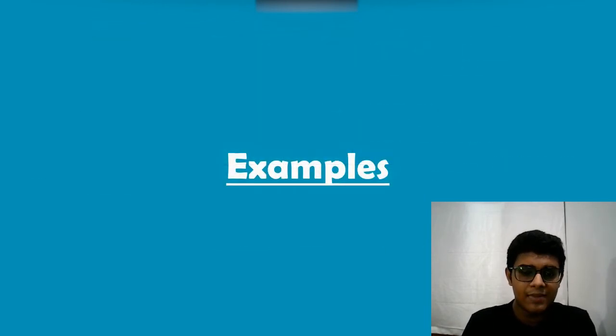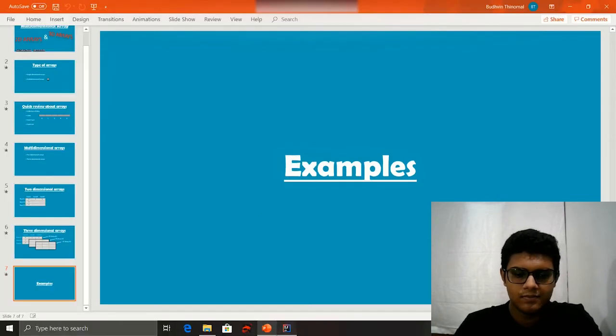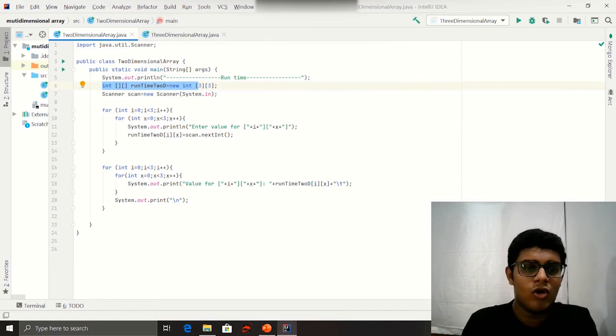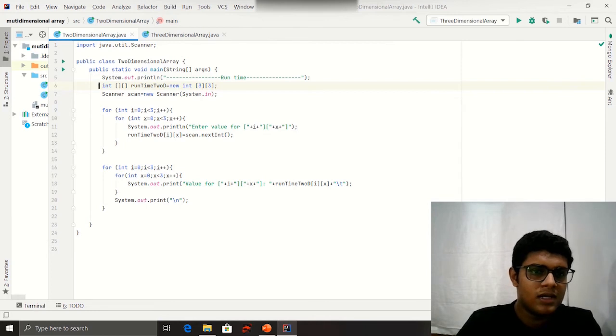Now let's do some examples about multidimensional arrays. I already created two classes and coded two runtime examples. Let's do the first example. First we have to declare an array.